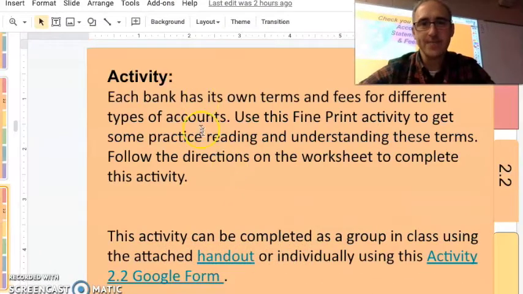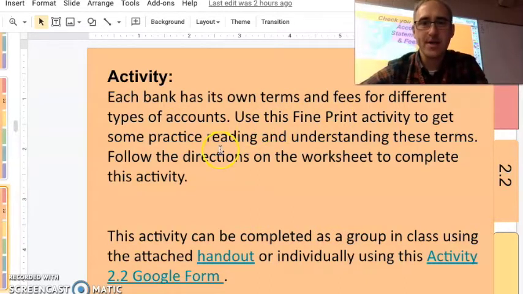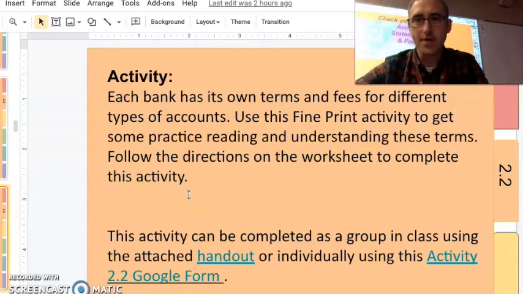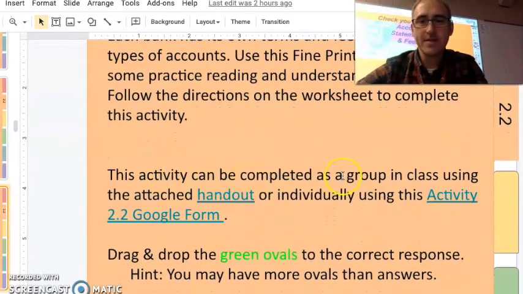Activity of the day. Each bank has its own terms and fees for different types of accounts. You're going to use this fine print activity to get some practice reading and understanding these terms. Follow the directions on the worksheet to complete this activity. You have a couple of choices on ways that you could submit your information. This activity can be completed in class using the attached handout or the activity Google form, but we've also included